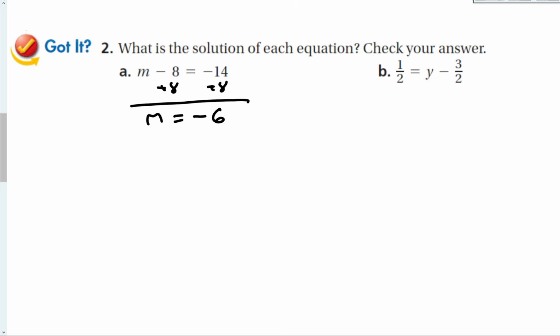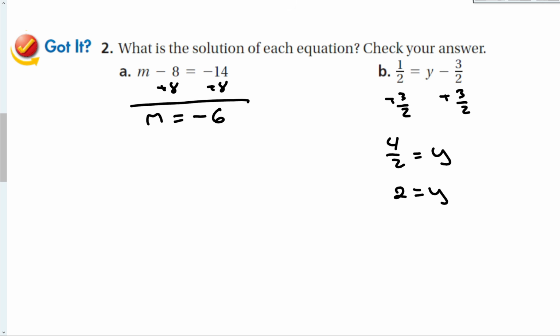Just because there are fractions in part B does not make it terrible, okay? We are still going to do the same process. We're still going to do the same steps. So we're just going to add 3 over 2 to both sides. 1/2 plus 3 over 2 is 4 over 2 is equal to y, which of course can reduce to 2. Okay? So don't be intimidated by fractions. The process that we are going to do is going to be the same. Okay? Look